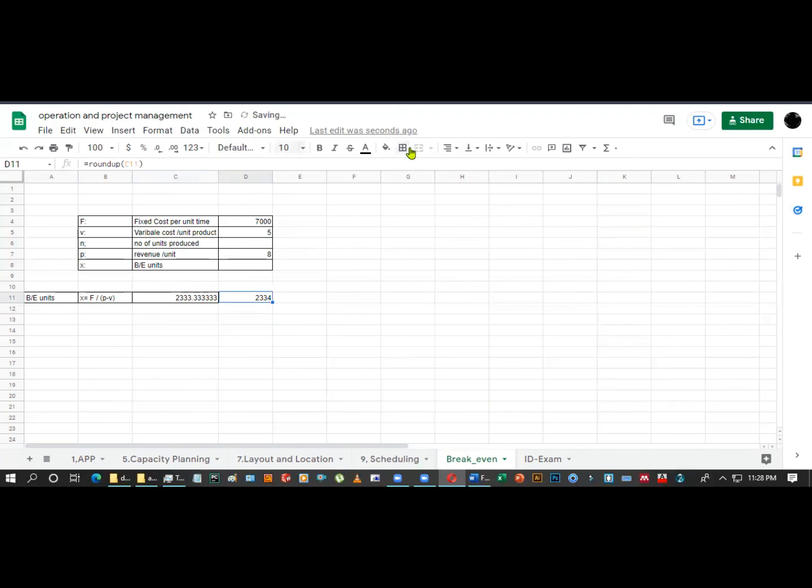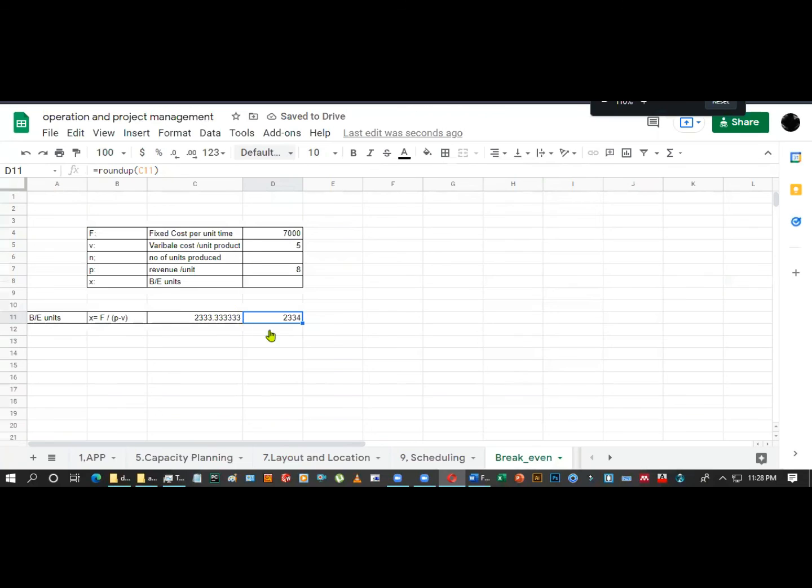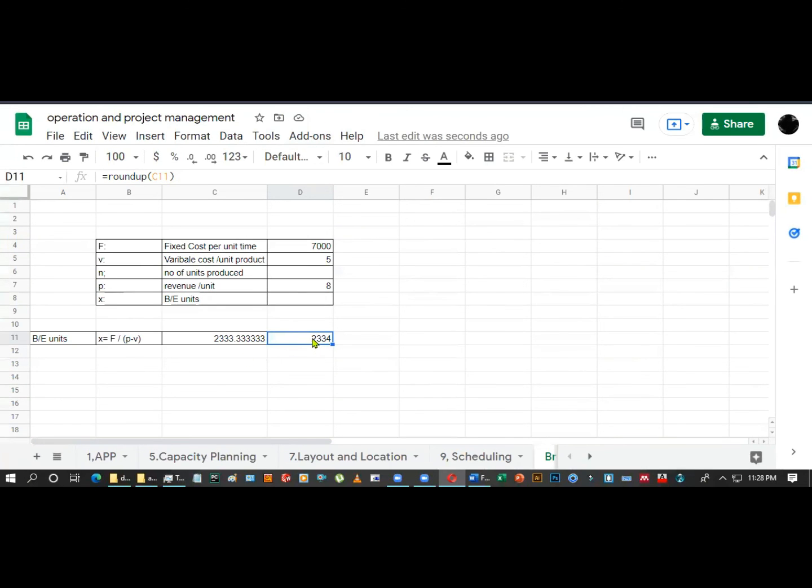As you can see, we have values here which show that we need to produce 2334 units